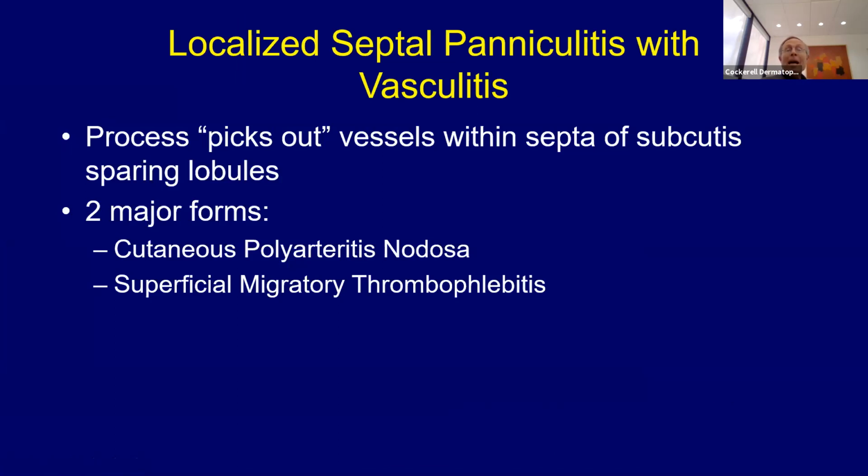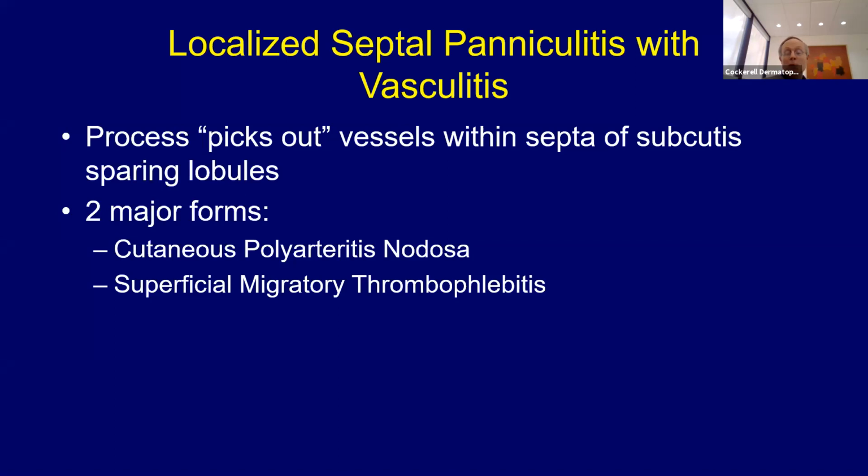Now, the next pattern is where you get septal panniculitis with vasculitis, and this is localized septal panniculitis, so not lobular, mostly septal with vasculitis. And we talked about this last week. We talked about vasculitis, and here, basically, the inflammation just likes to pick out the relatively large blood vessels and leaves the lobules alone, which has always been kind of curious to me, because you would think that if it's getting these larger blood vessels, it would lead to some ischemia, and then it would damage the fat, and then you get some inflammation in the fat. But for some reason, it doesn't tend to do that here,